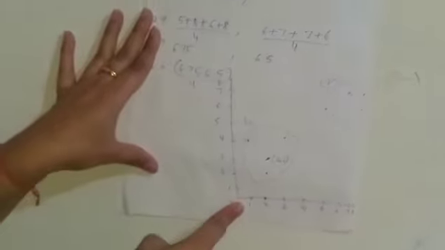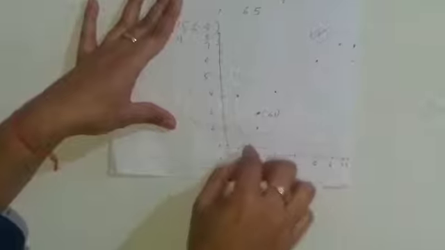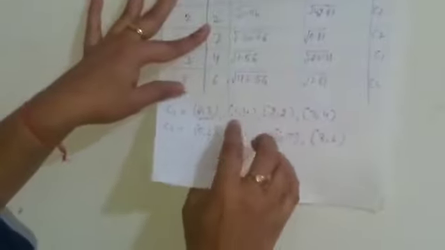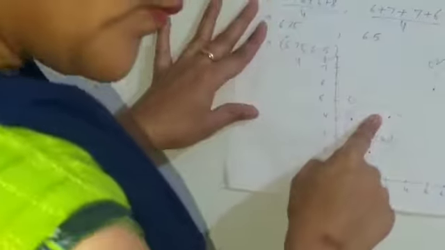We can also plot this on a graph. You can see two clusters of C1 and C2 on this graph. For example, here is C1, (2, 3), on the x-axis and y-axis. Likewise, (1, 4), (2, 2) and (3, 4). This is the cluster of C1. Similarly, this is the cluster of C2.